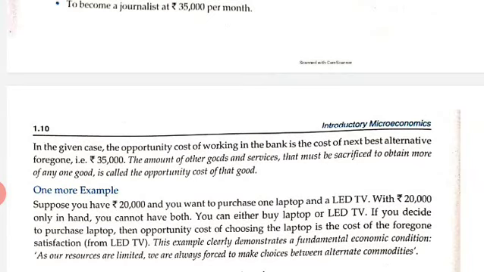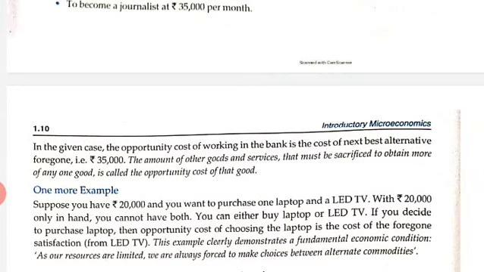So you have chosen to work in a bank. In order to choose that, you need to forgo the other option, which was also good for you. Opportunity cost is that while choosing one, you have to forgo another. The one which you are sacrificing was also best for you, but the opportunity cost is the cost of the next best alternative foregone.